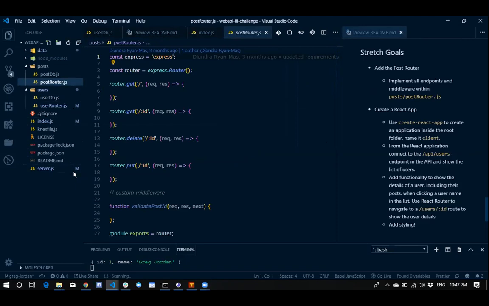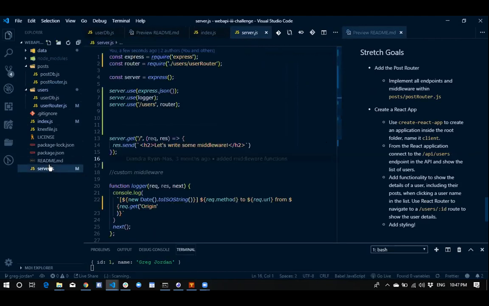So, awesome question. Okay, so let's look at server.js. So this is what is actually happening. That route is not actually /, it's /users. And if we set up our